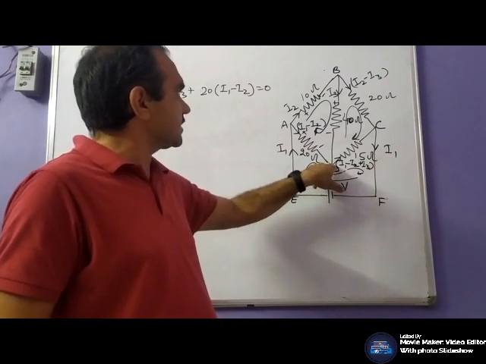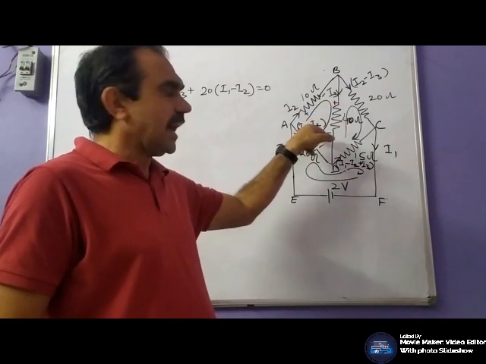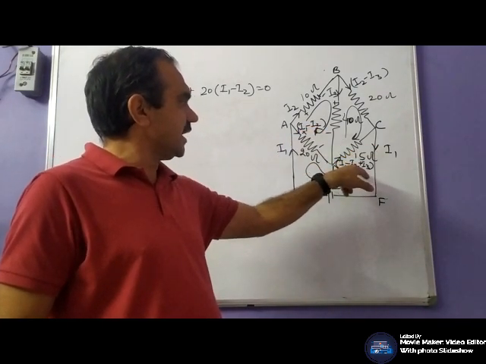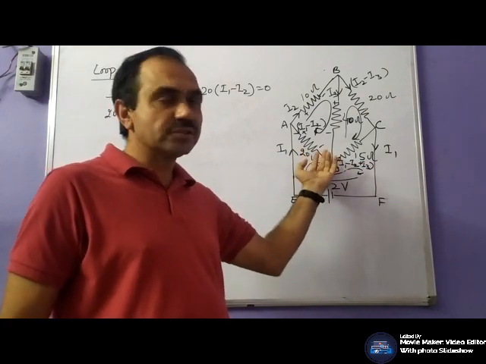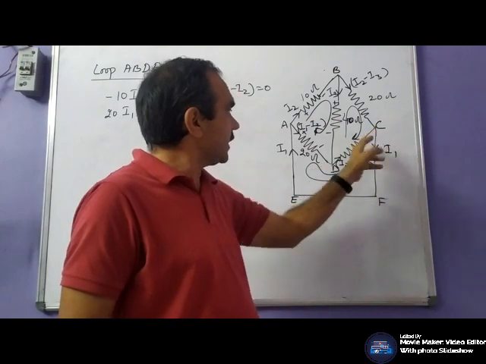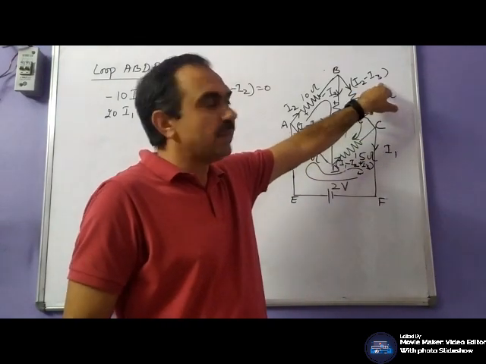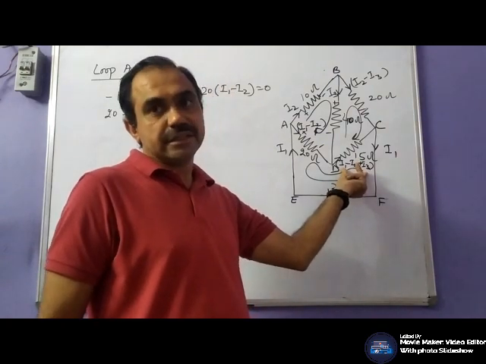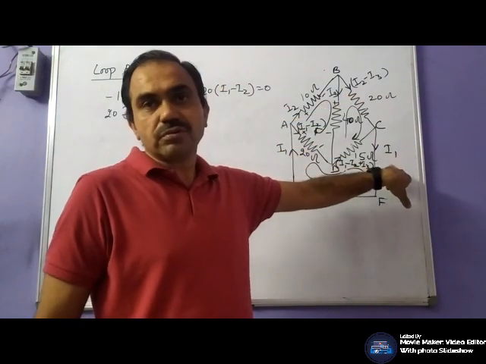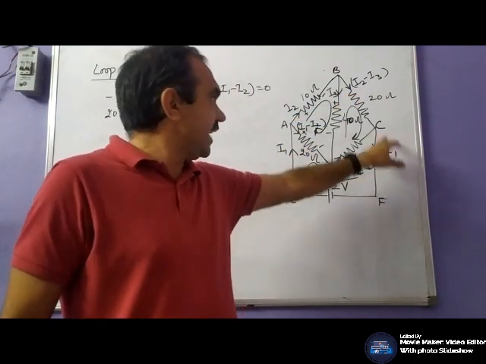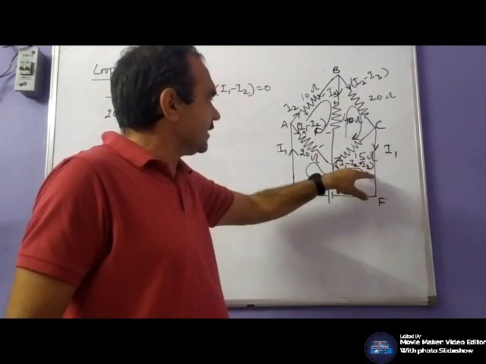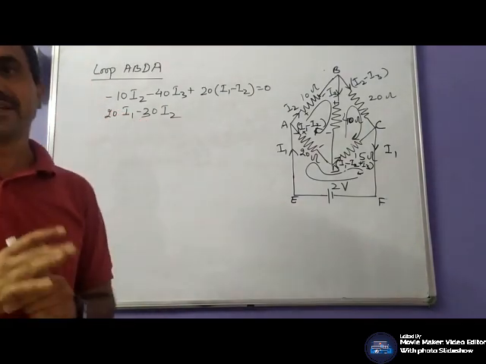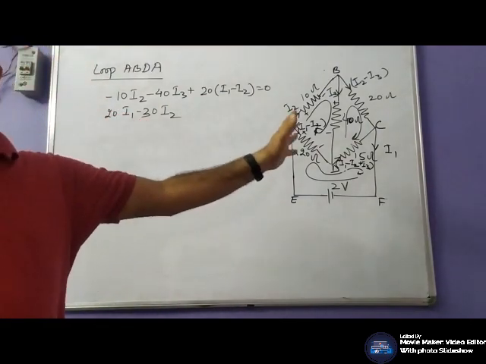Now at this point, incoming currents are I3 and I1 minus I2. This would be the outgoing current, I1 minus I2 plus I3. Incoming current should be equal to outgoing current. Here incoming currents are I2 minus I3 and I1 minus I2 plus I3. So sum of these currents would be equal to outgoing current, and if you sum this and this, you will find I. So you have selected branch currents correctly.